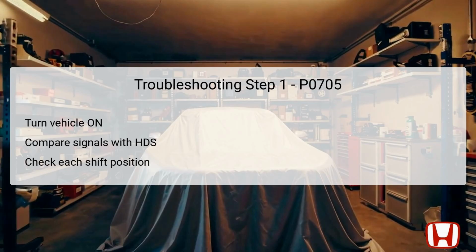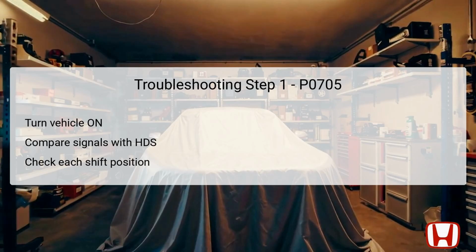This comparison is crucial because it enables you to establish if the signals from the switch correspond with the expected values in all specified conditions. Any discrepancies in the signal may indicate potential wiring issues, connection problems, or a malfunctioning switch. If the signals match perfectly, it implies that there may be an intermittent problem, a condition that may complicate the